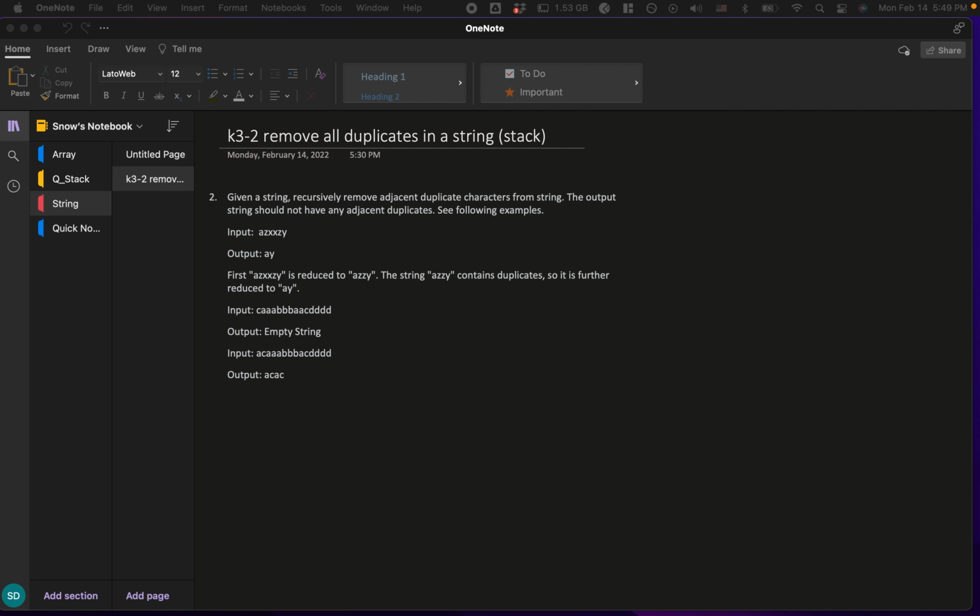Let's see another problem. Remove all duplicates in a string. Given a string, recursively remove adjacent duplicate characters from the string. The output string should not have any adjacent duplicates. Okay,